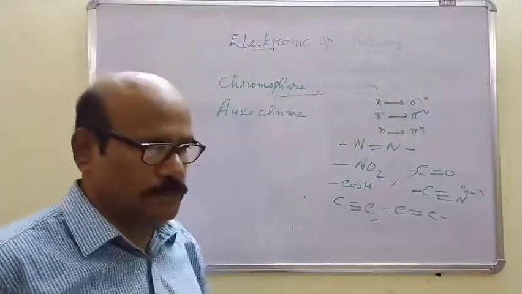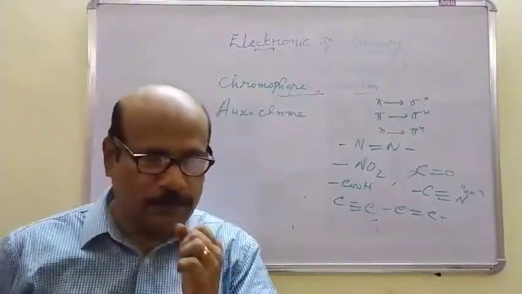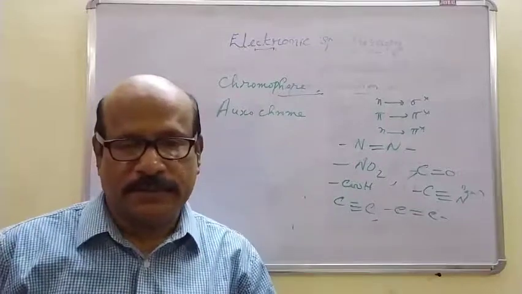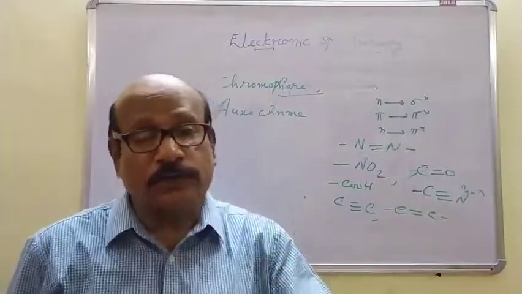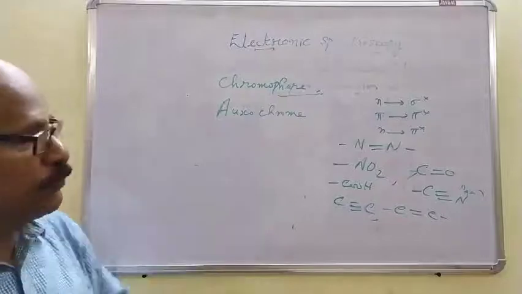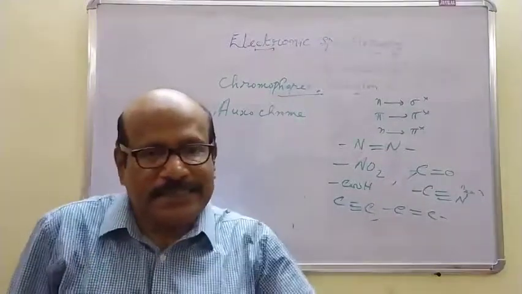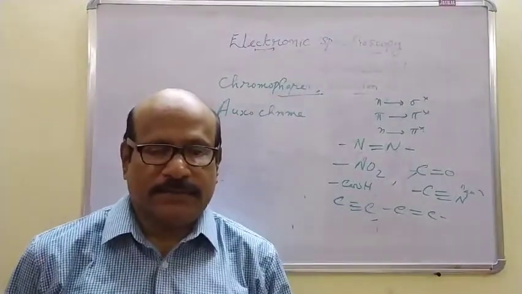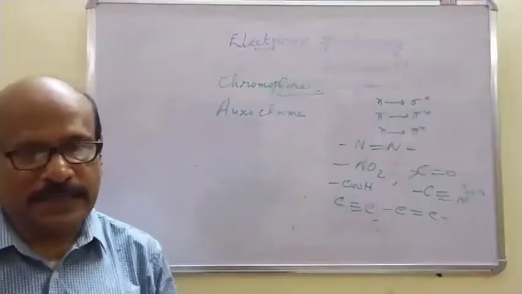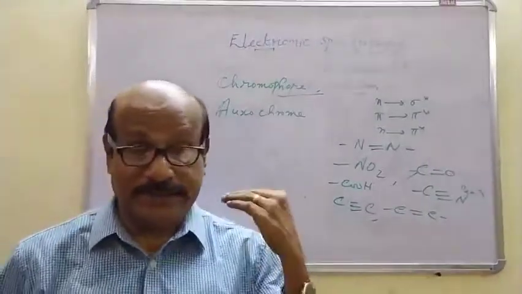Then auxochrome. Auxochromes are another group, functional group or atom, which when present along with the chromophore can shift the intensity of the light absorption to a greater extent; they can increase